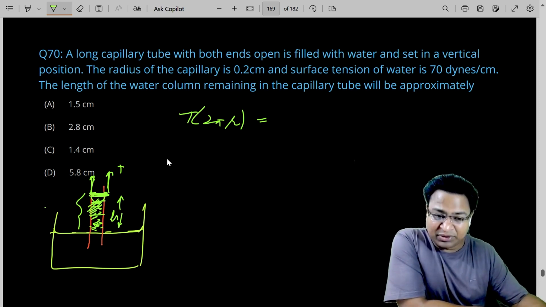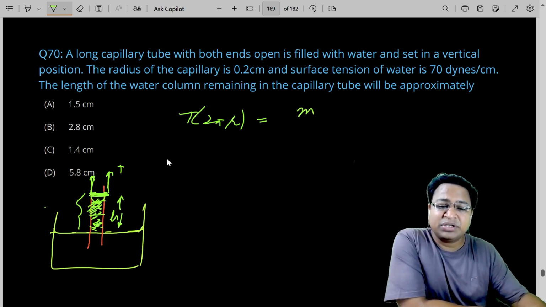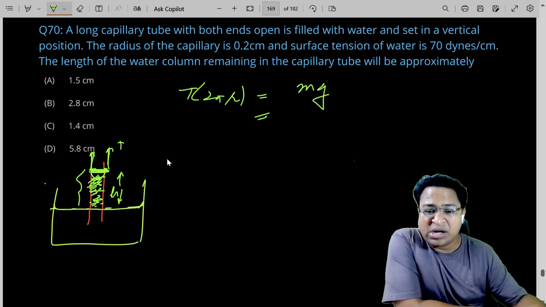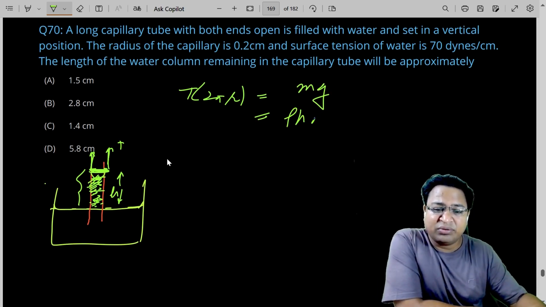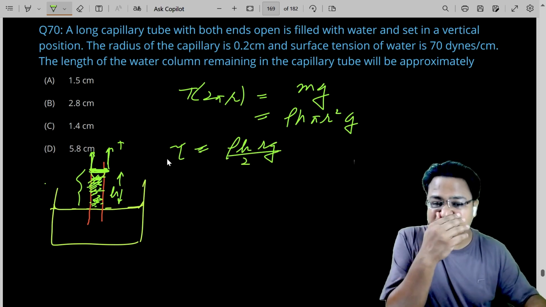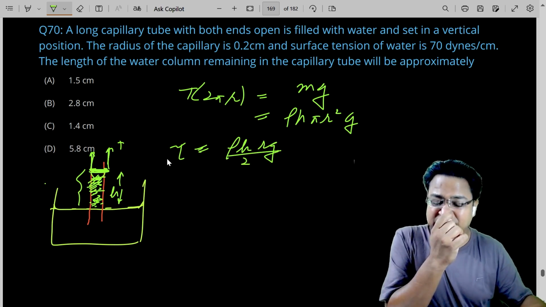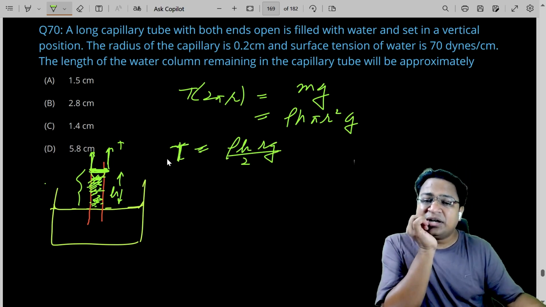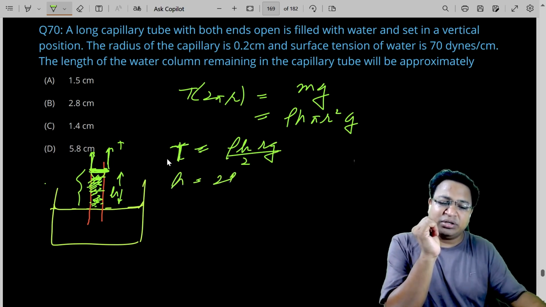So it becomes mg, and how much is m? M would be equal to the density of the liquid into h into pi r square, into g. So tau will be equal to rho h r g by 2. See this? This is surface tension. Okay. So the h would be 2T